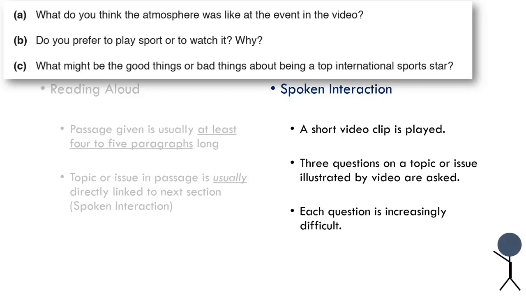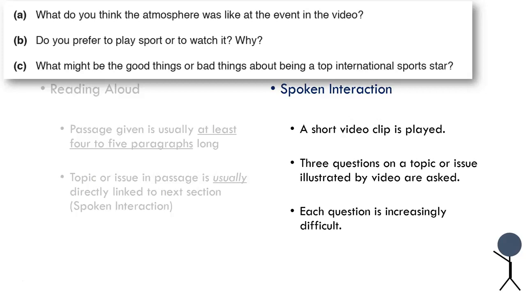Right, the second question is slightly more difficult because it's no longer about the video, but it's about the same topic. And the second question, you notice that there's a second part to it. Why? It may not always look like that, but increasingly it becomes more difficult. And of course, adding on with the third and the most difficult question, I like to call it a global